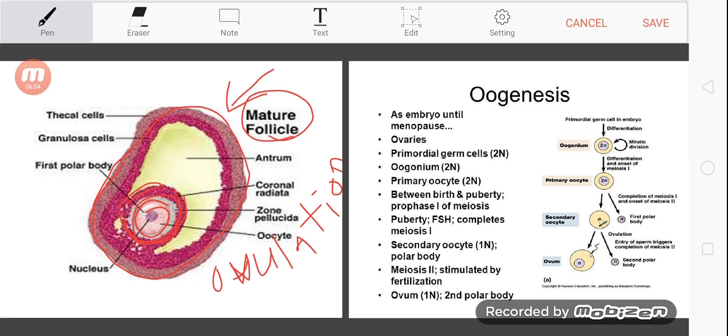On the slide on your right, from embryo until menopause. The point here: oogenesis starts during embryo development and ends at menopause. The organ is the ovaries; the gonad is the ovaries. Primordial germ cells are in the diploid number during embryo development, migrate to the genital ridge, and then differentiate into